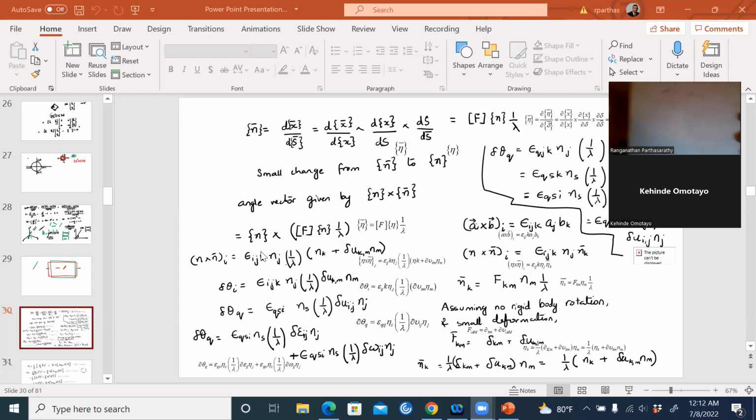Now, remember one thing, this will include even rigid body rotation. So do you remember from mechanics of materials this thing that,